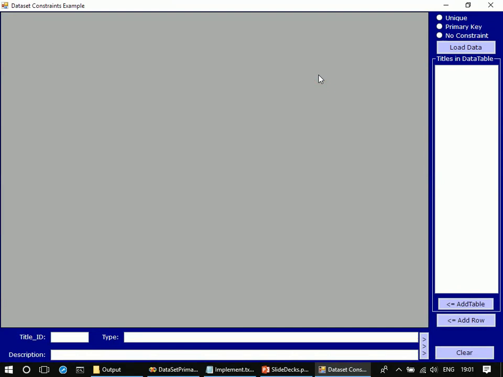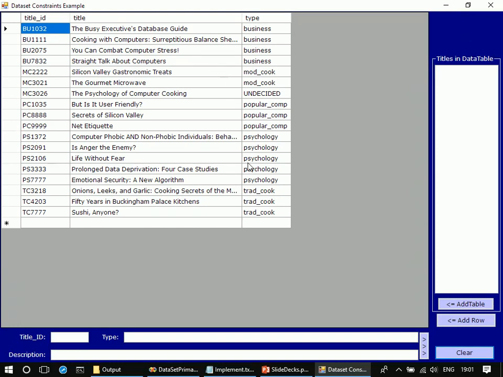I will make this full screen. Then let me load the data without any constraint. So the data is loaded from the titles table of the pubs database. What I'm going to do, I will add a row here, TC1, book-01, then double click here, add category 1. So now when I click outside the row, what happens,